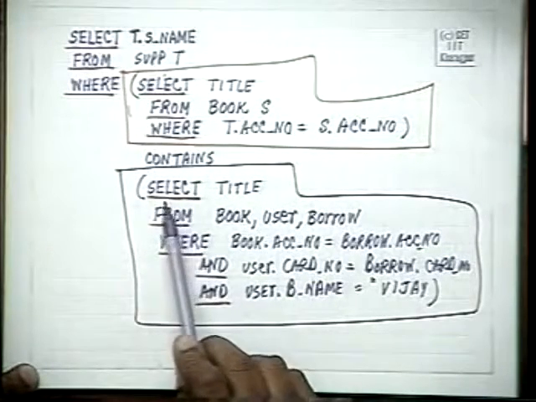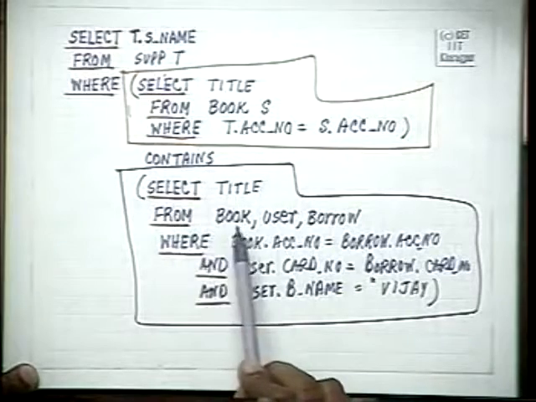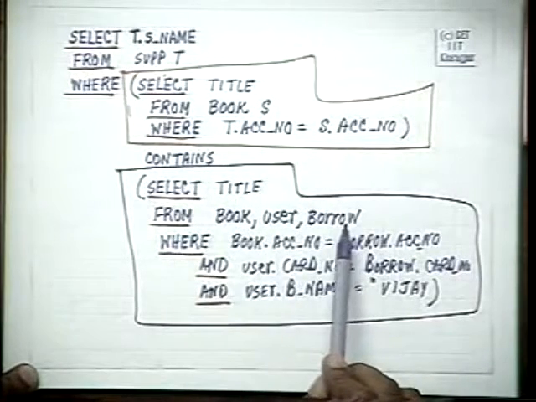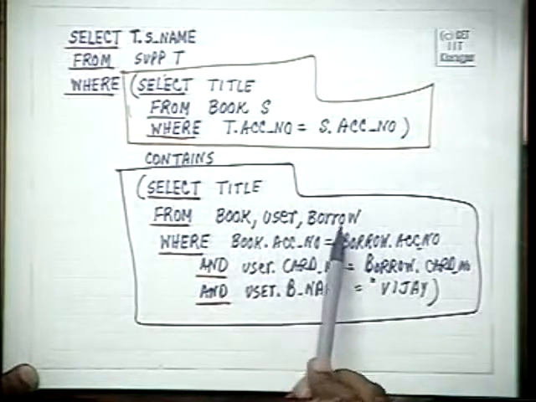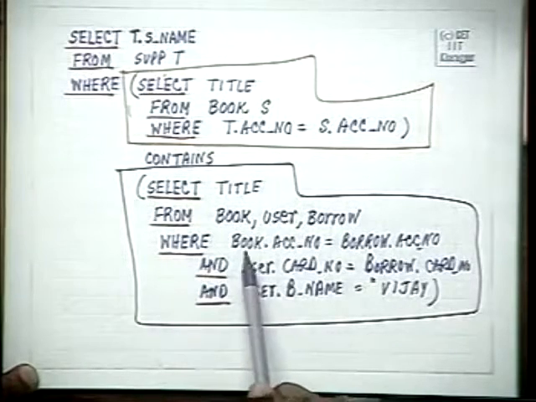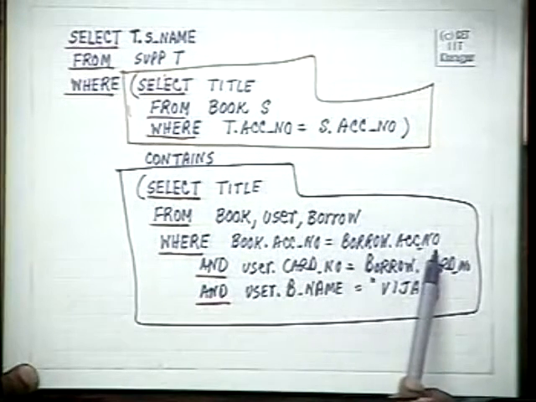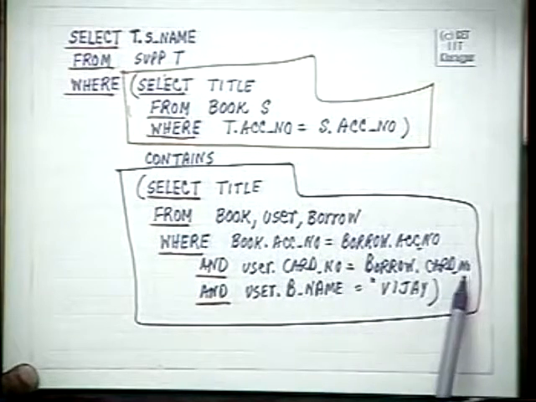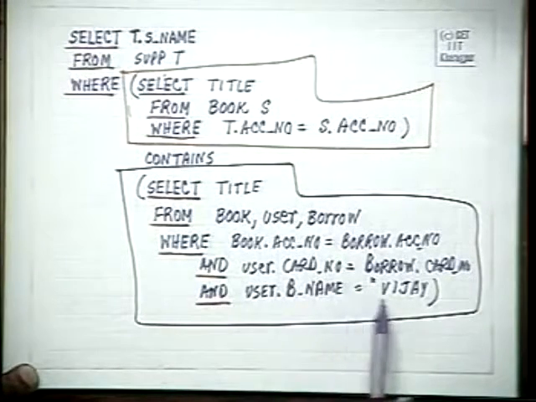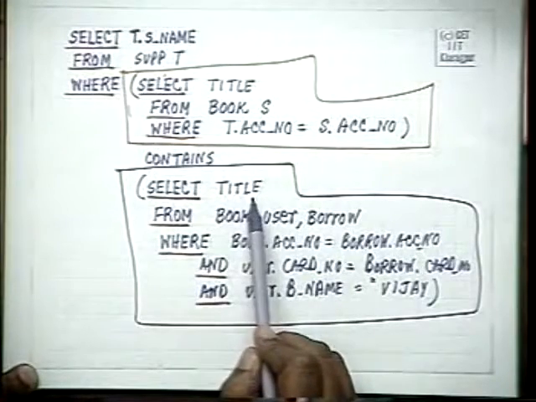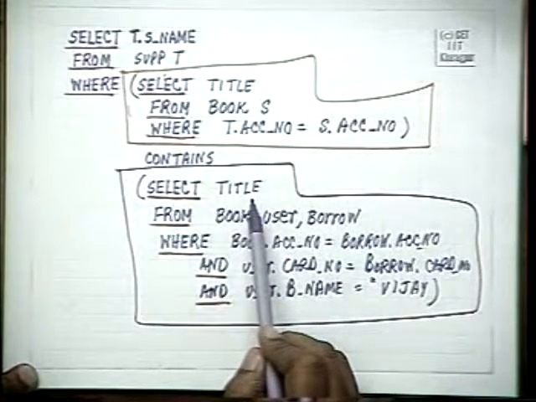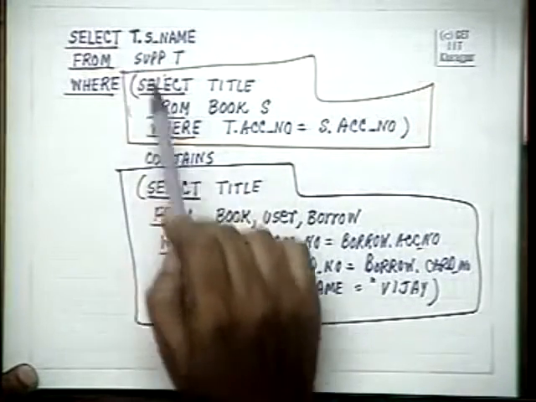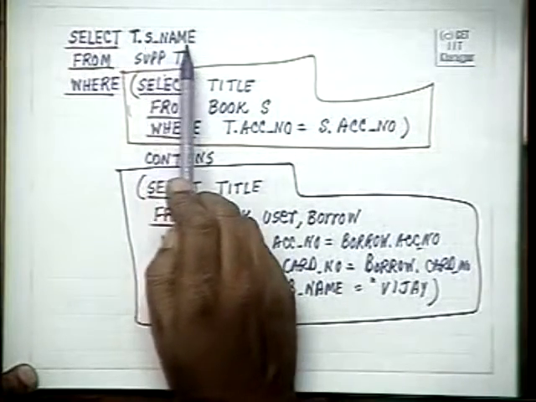How did we do that? Select title from book, user, borrow, and we did a natural join of book, user and borrow where book.accession number is borrow.accession number and user.card number is borrow.card number and user.borrower's name is Vijay. So we found the titles of all the books issued by Vijay, and here we selected those names